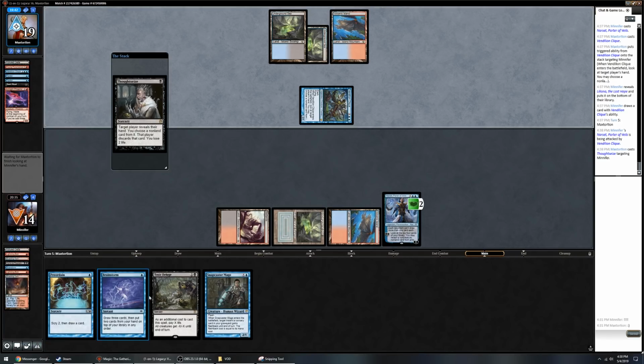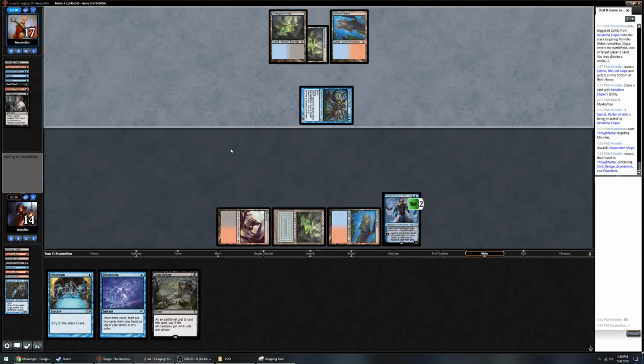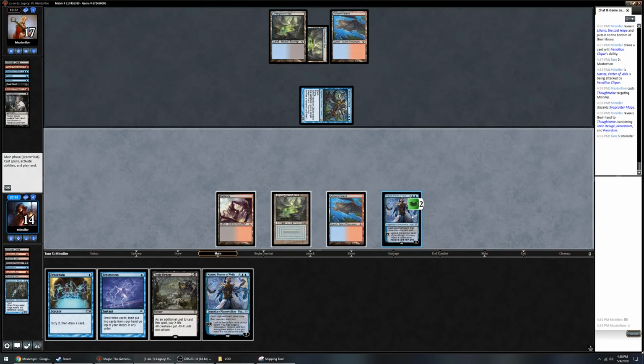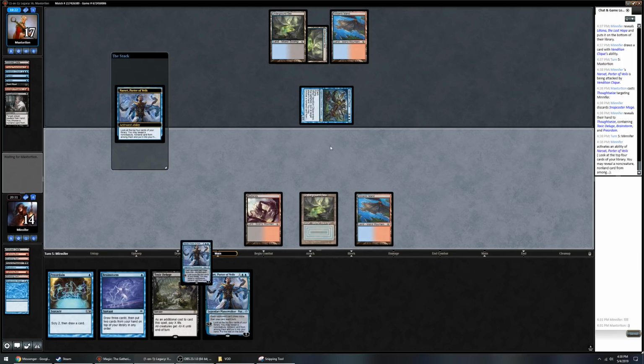Sure. We saw the Deluge, so I think he was hoping to snipe this and leave us without any way to kill the Clique. But unfortunately, we have drawn the Snapcaster Mage. Yep. Unfortunately, here...